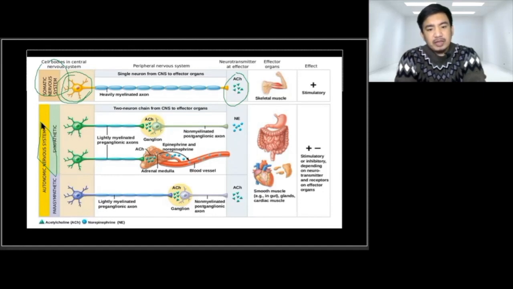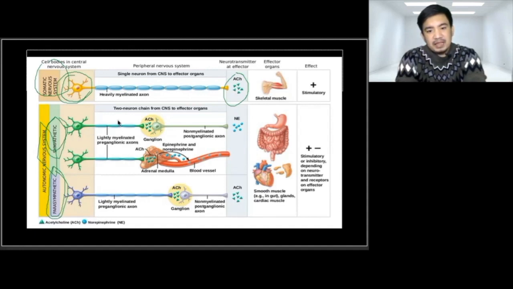Okay. Under the autonomic nervous system, we all know that there is the rest and digest, the parasympathetic nervous system, and the fight or flight, the sympathetic nervous system. Let us look, both of their preganglionic nerves are myelinated. However,